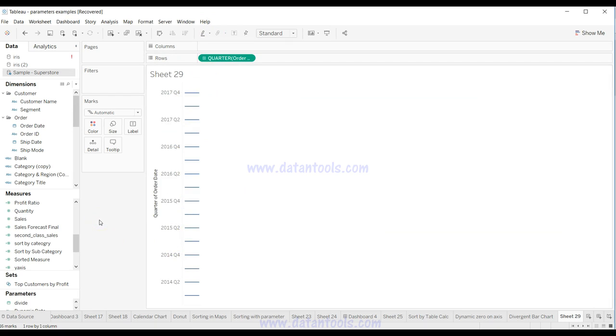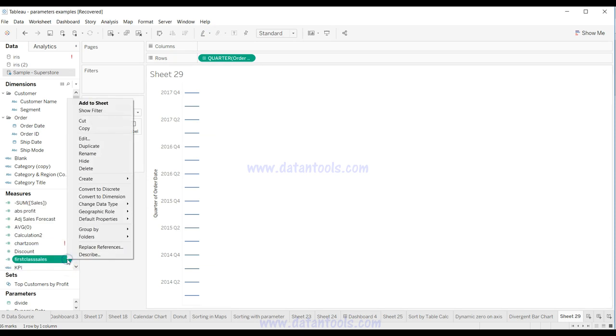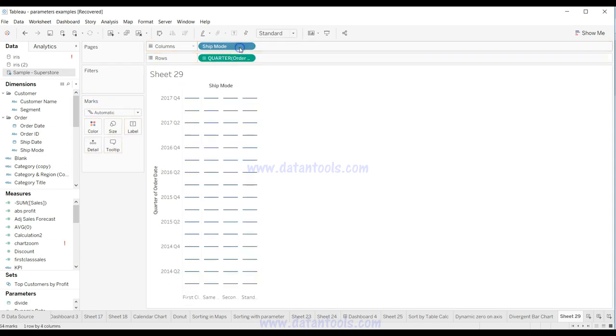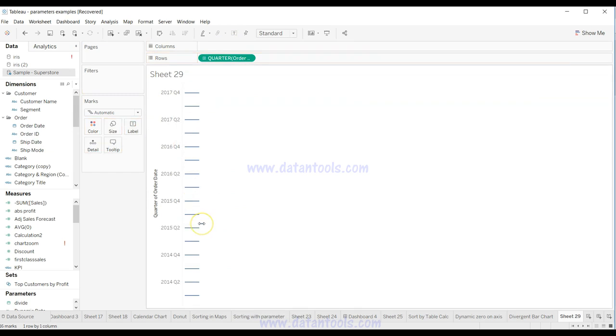And what I have taken for the measure is a custom calculation which I have created. So let me show you. What I'm doing is trying to compare the sales of two different ship modes. For example, if I just drag it down over there, we have first class, same day, second class, and then standard class. So I'm just comparing the sales of first class and second class on this